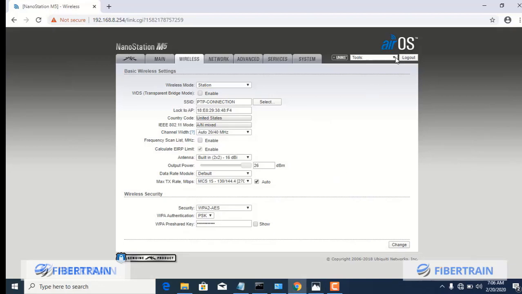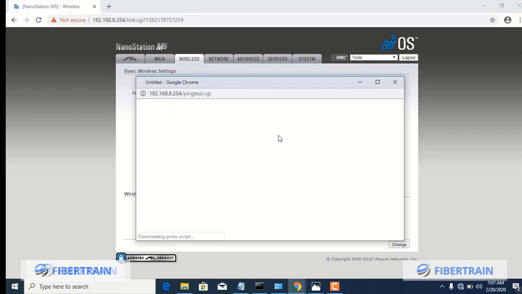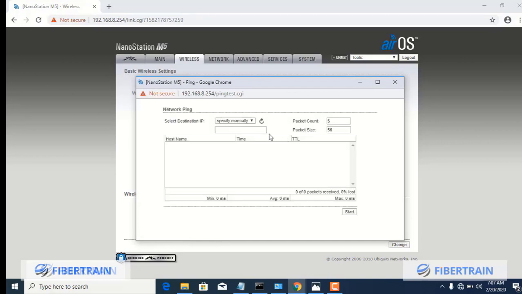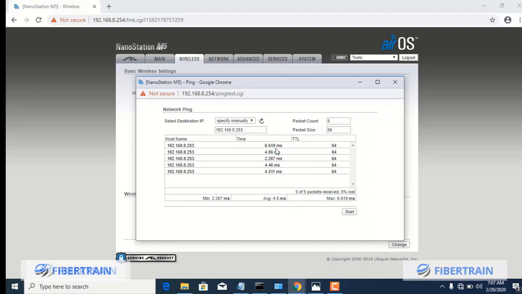So if I go to tools, note that this is 254, that is the new building radio. So go to tools, we can do a site survey here, but we are doing pinging now. So let's see if we can ping the main building radio. Remember, the main building IP is 192.168.8.253, and just hit start, and so the new building radio is able to reach the main building radio,